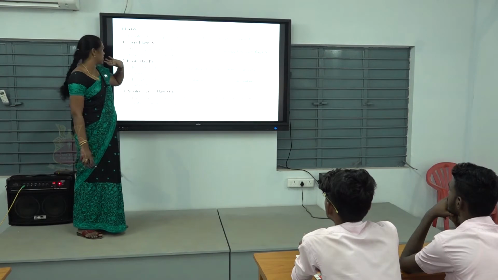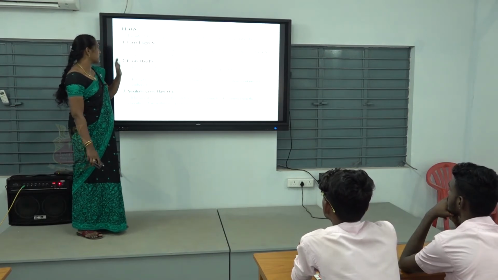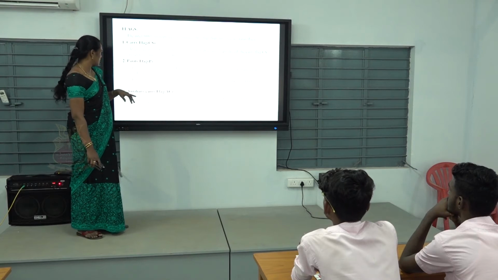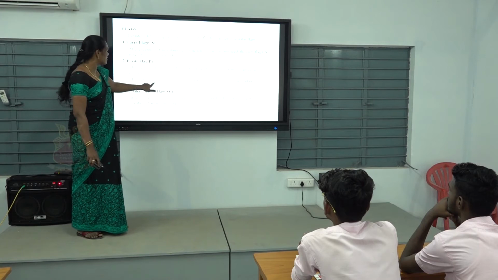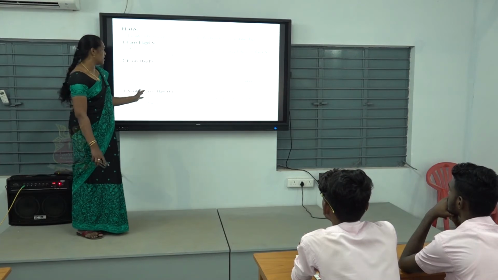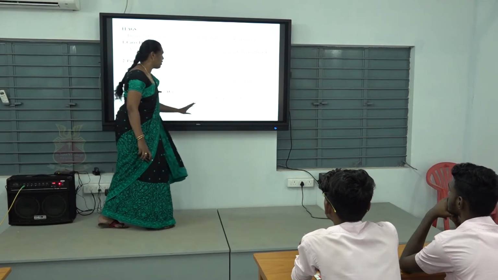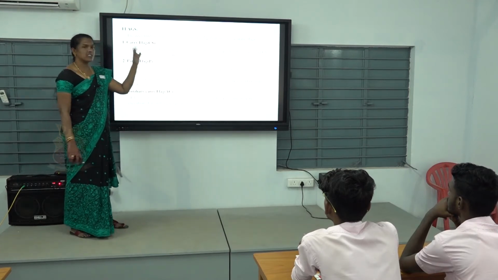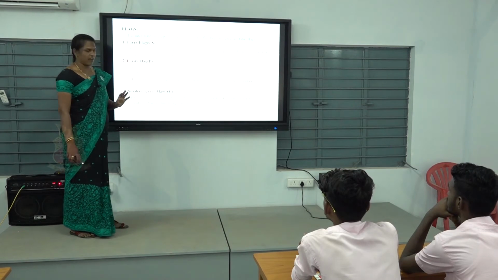0 means reset. Then parity flag. For the parity flag, set means 1, reset means 0. Here we have the D6 bit, then the D4 bit. Auxiliary carry means a carry from bit D3 to D4. If a carry goes over to D4, then the auxiliary carry flag is set.